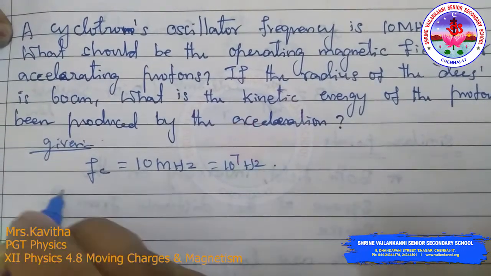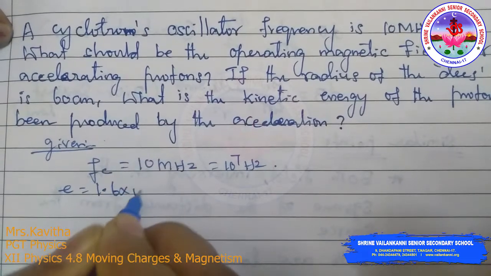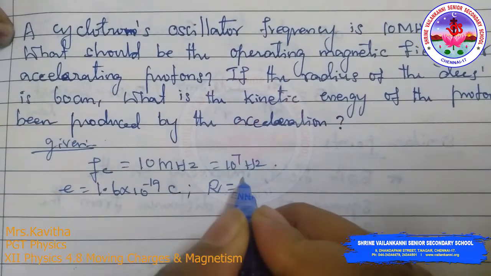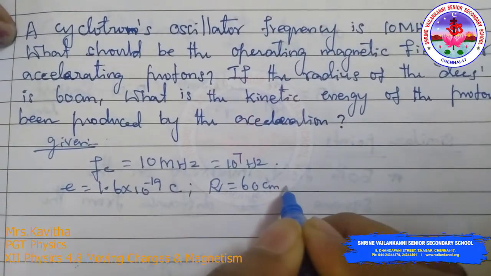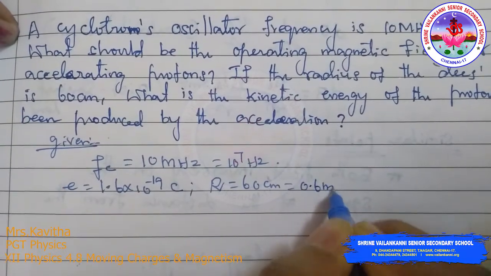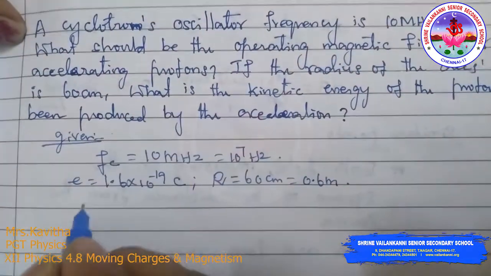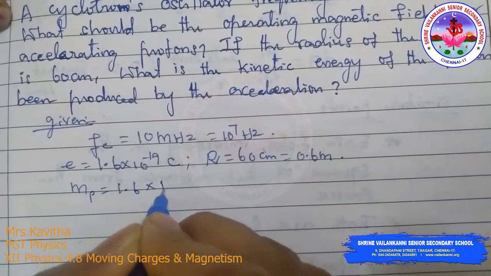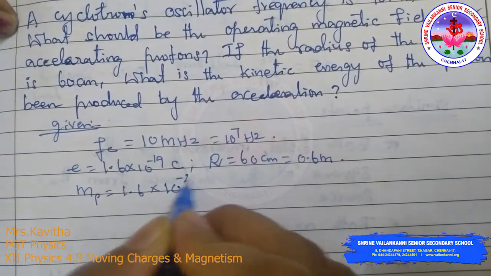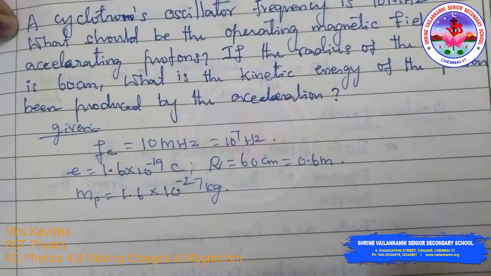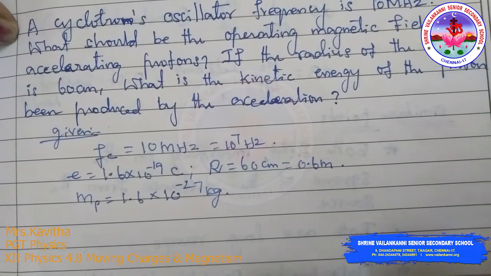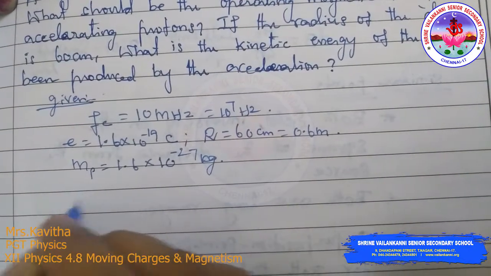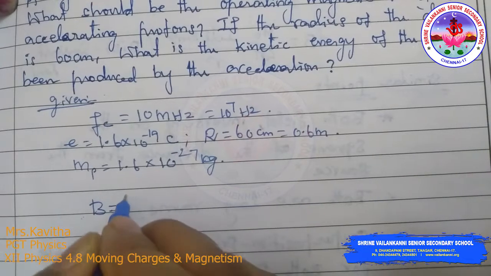Now the charge e, which is equal to 1.6 into 10 power minus 19 coulomb, we know that. And R they have given, which is 60 centimeters, so we have converted it into 0.6 meter. Now the proton mass, which is equal to 1.6 into 10 power minus 27 kilograms, standard values. Now the operating magnetic field for accelerating the proton, that means magnetic field B, which is equal to